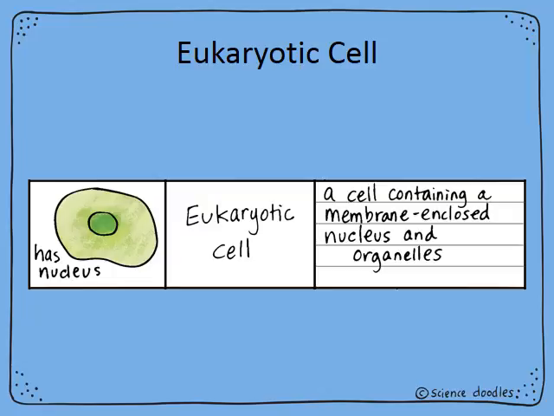So if you remember from class, the DNA is like the brain of the cell. It tells the cell how big it's going to be, when it's going to split into two and make a new baby cell, what type of cell it's going to be. So the DNA decides if this is going to be a skin cell or a muscle cell or a blood cell. So the DNA is the brain of the cell. And it is kept in the nucleus, which is again that darker green section,